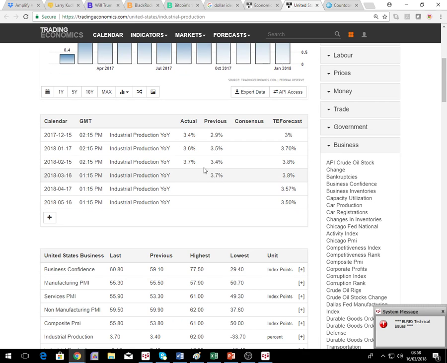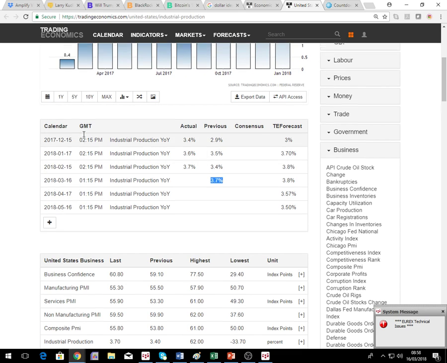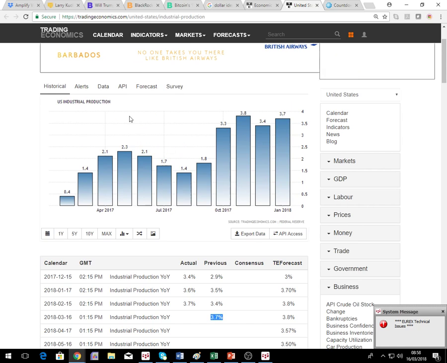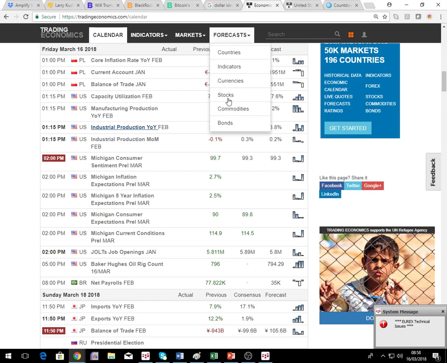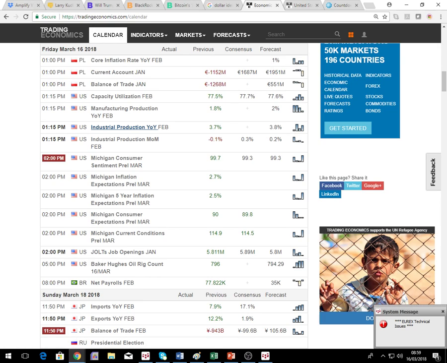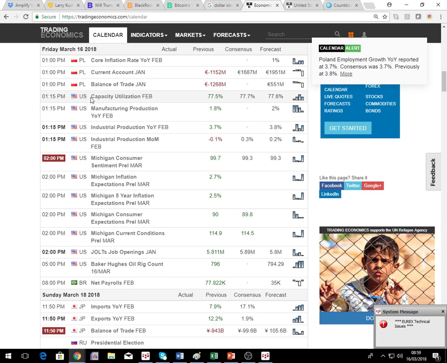Okay, so previous reading of 3.7% here. So if we continue this upward production, well, this then reconfirms the United States economy is continuing to grow. In terms of equity markets, as I said, we've got the Fed decision later on this week and midweek next week. So, I mean, equity markets are maybe a difficult market to trade, and today as a whole may be difficult to trade. But if there is going to be any surprises in the equity market, I would say very difficult